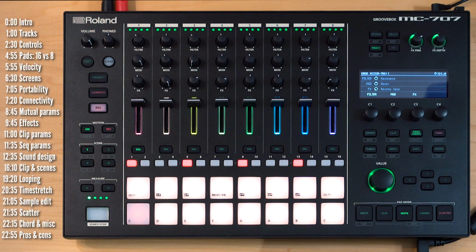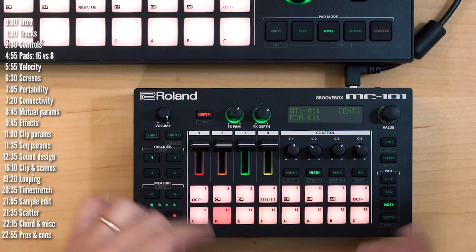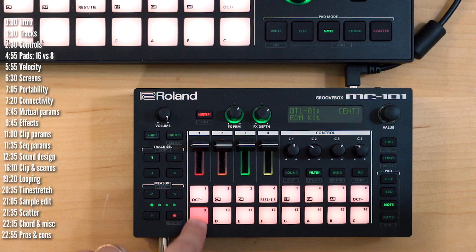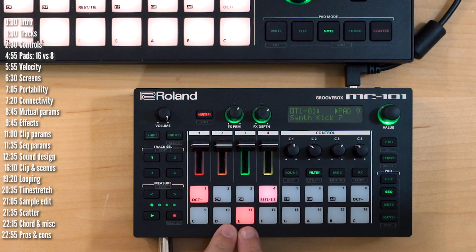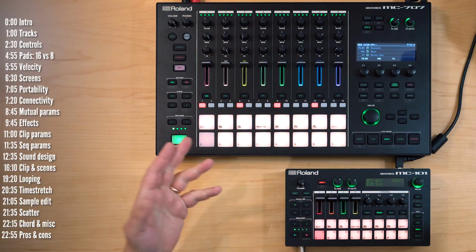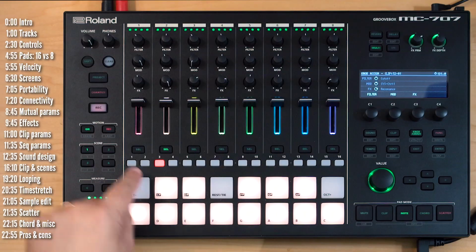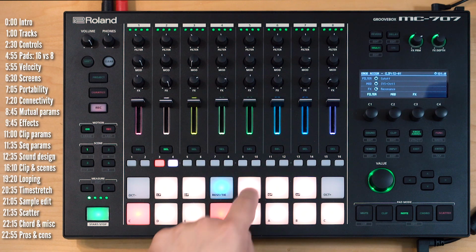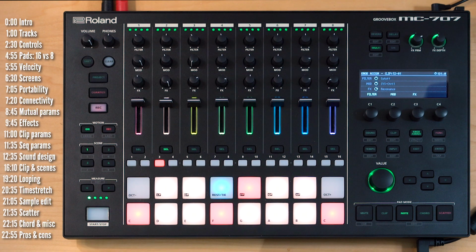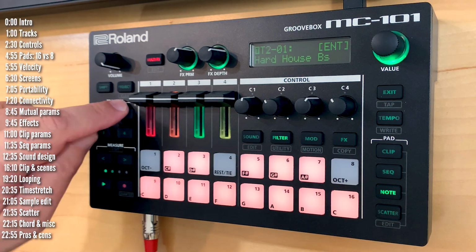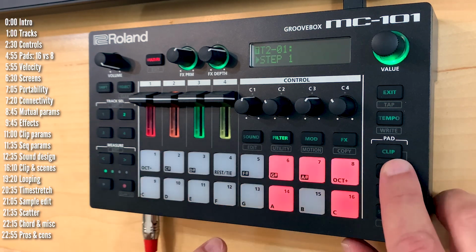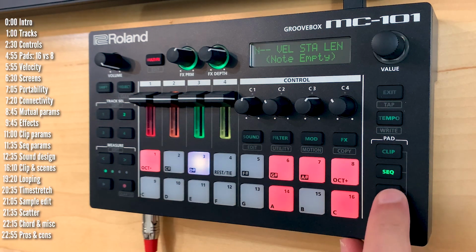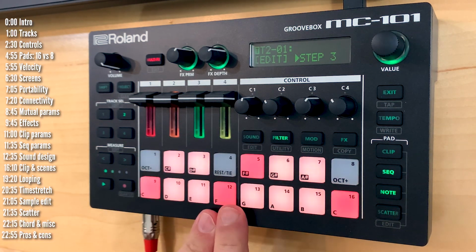is triggered here. In the case of the 101, since you only have one set of 16 pads, you need to first select the pad you want to control or sequence, then hit the sequence button, and you can see where it triggers in the pattern. Same goes for sequencing notes. So if I choose a note type track, I can choose the step that I want to place notes in, right? And then just punch in the notes that I want to appear in that step. On the 101, again, first select the step that I want to change, right? So let's say this one, and then go to note and punch in the notes that I want to play